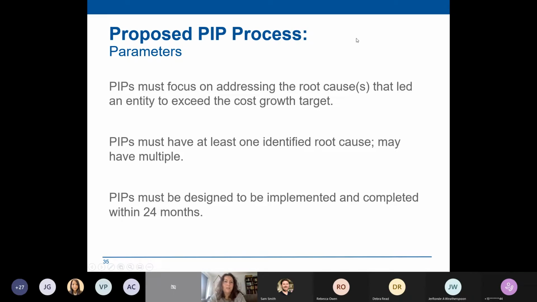Like, this was the only reason that you tipped over the cost growth target in the year. And maybe that's true, maybe that's not true. Maybe there are multiple reasons that contributed to an organization exceeding the cost growth target in a given year. So we are switching over to some quality improvement language, and those reasons for exceeding the cost growth target would be the root cause that a PIP should be based on.